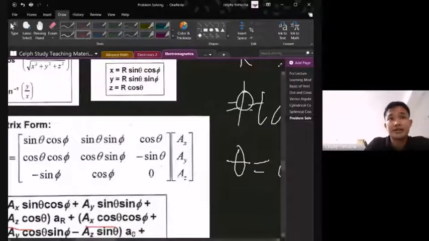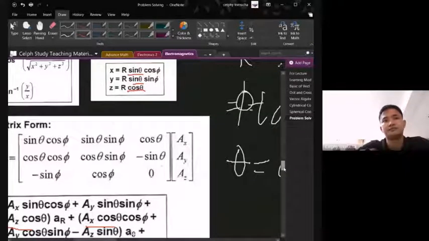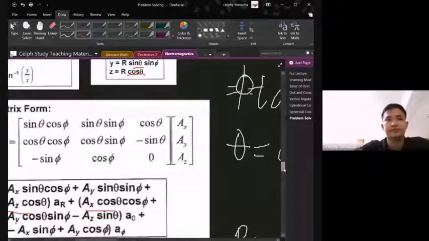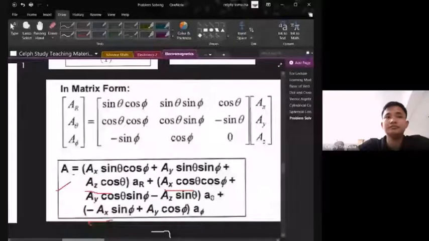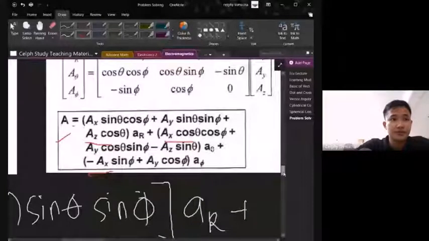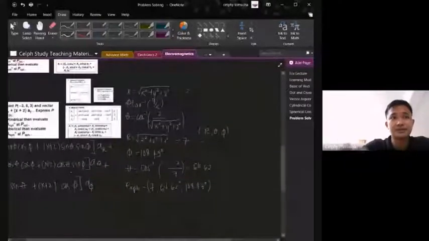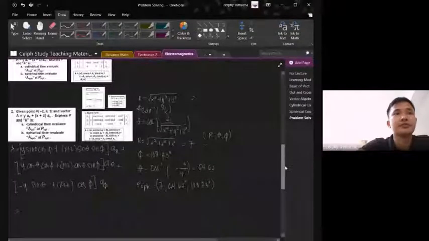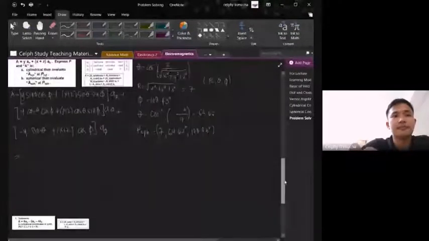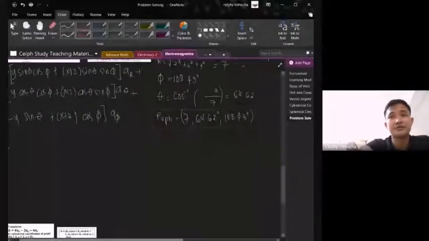So r sine theta cosine sang phi, r sine theta sine phi for y, r cosine theta para sa aton nga z. Okay, so let's go back to substitute na sang values. Okay, substitute kita value for y. So y naton